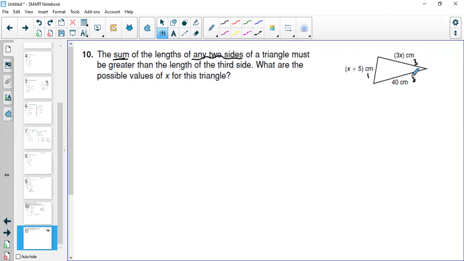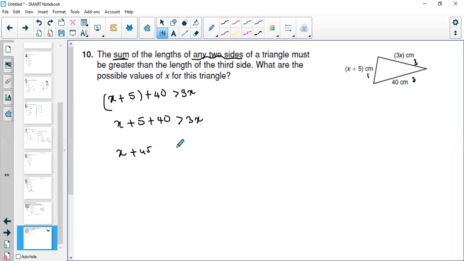So the sum of 1 and 2 should be greater than 3, which means x plus 5 plus 40 should be greater than 3x. That's what they said, right? So how am I going to solve? First, simplify the numbers on this side. So that's going to give you x plus 45